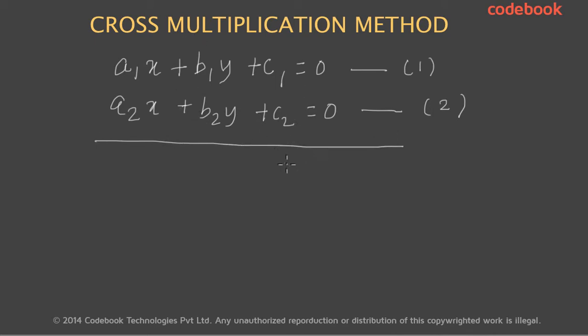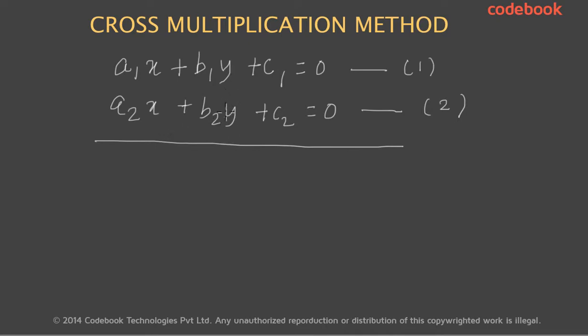If you remember the elimination method, we will make the coefficients of one of the variables the same in both the equations, and then we will apply addition or subtraction to eliminate that variable to get an equation in a single variable, and then we will find the value of the single variable, and once we get the value of the single variable, we will substitute that value in one of the equations to get the value of the other variable, right? So now let's try to eliminate one of these variables.